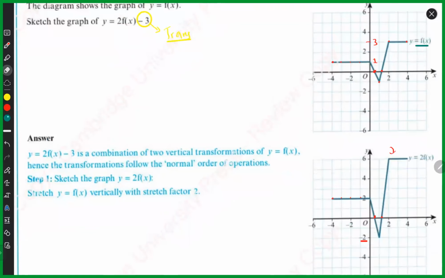Now we have 2f(x). We have the graph of 2f(x). Here's the graph of 2f(x). Now when you do -3, what would happen? Firstly, this -3 is done with the function. This means that the graph would basically translate, and the